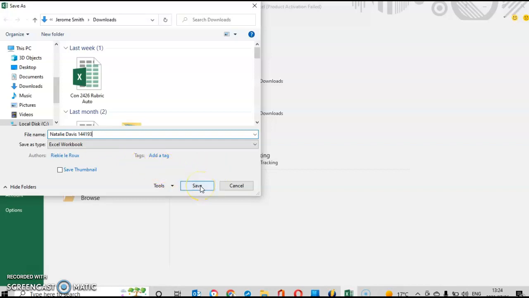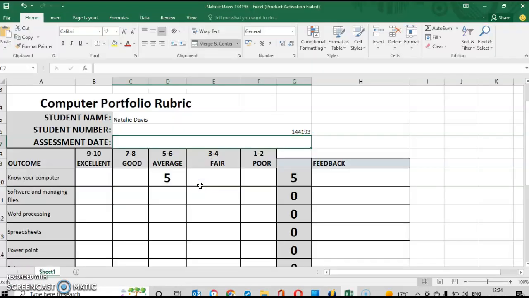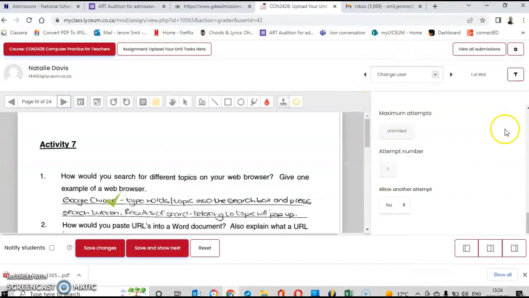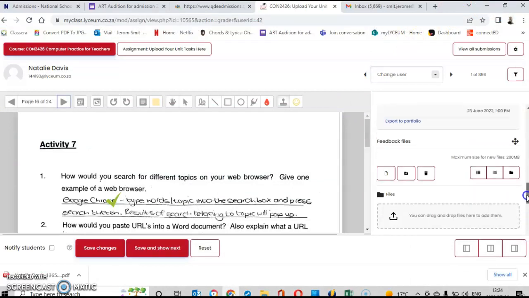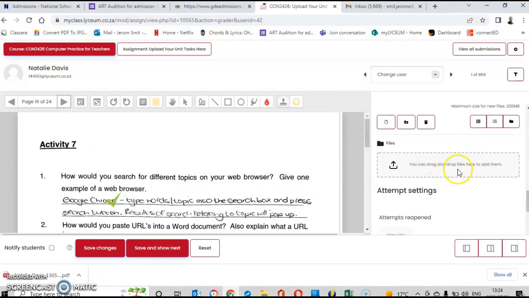So that's just the basics. If you have any questions with regards to this, then you just ask me and I'll be able to help you. Just want to go out of this now. And basically what will happen then, once you're done with all of those things that I've told you to do, then you're going to go and